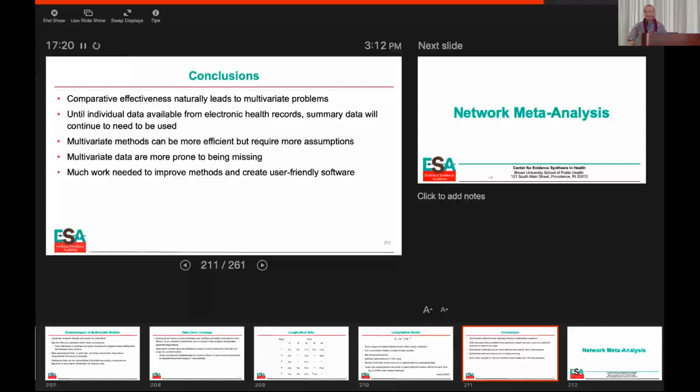Okay, so let me stop there and see if there are any questions on that very cursory overview of multivariate meta-analysis. Yes. Sometimes you have different parts of that path. And I think back to yesterday, you had some kind of conceptual model set up. And that seems to me a little bit different than necessarily a